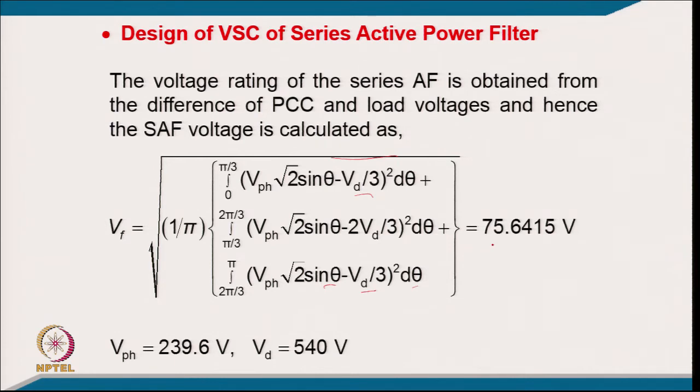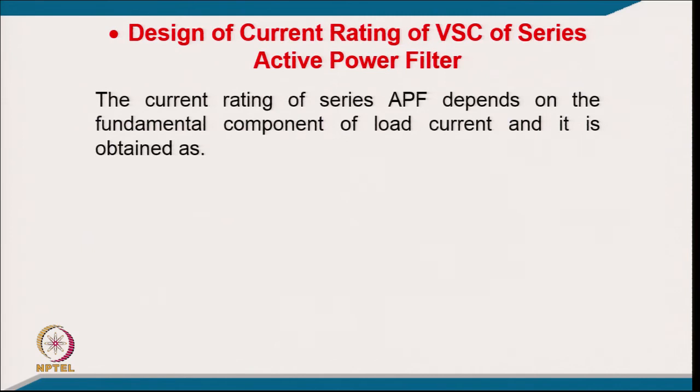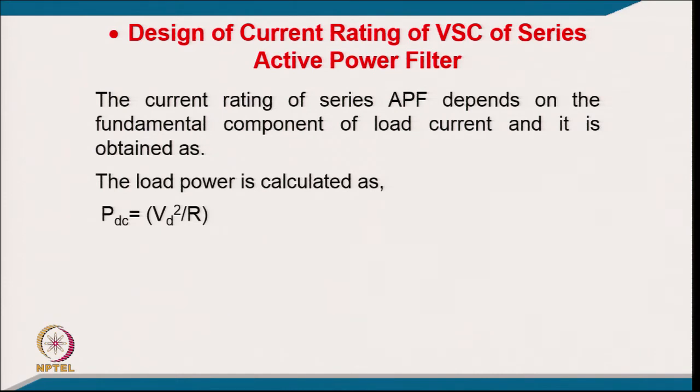When you take the RMS of this, the square root of this, it comes to 75.6415 volt, and you have the supply voltage of 239.6 and the DC link of 540 volt. So, from that we have calculated this value of filter voltage across the series filter, and the current rating of the series active filter depends on the fundamental component of load current, and it is obtained as the load power is